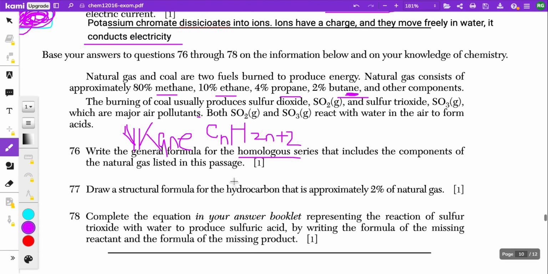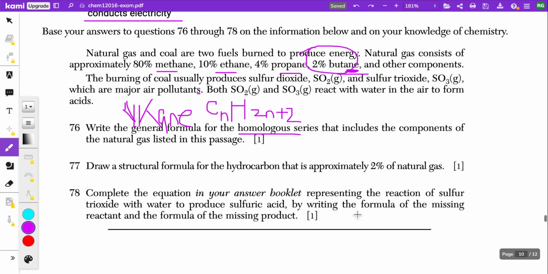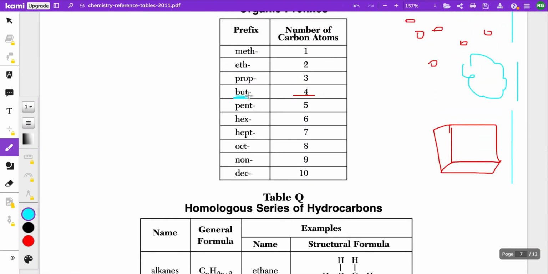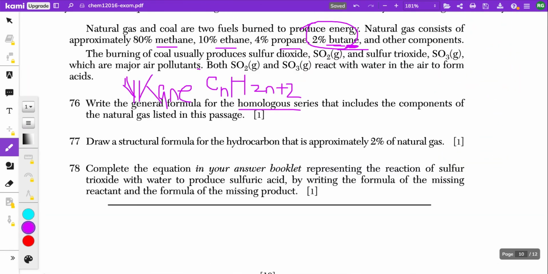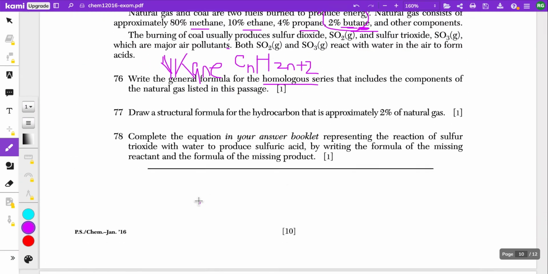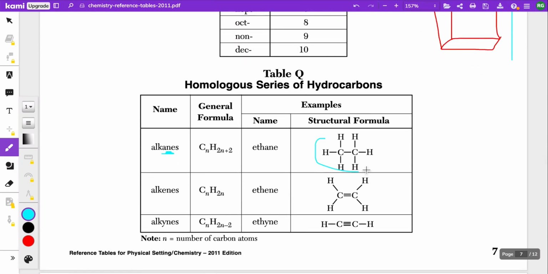Structural carbon. So we're going to draw butane, right? Because it's 2% natural gas. So butane: if you go in your reference guide, "but" means that your hydrocarbon has 4 carbons in a row. And then because it's an alkane, you can see from the example in Table Q, all alkanes have just single bonds, and